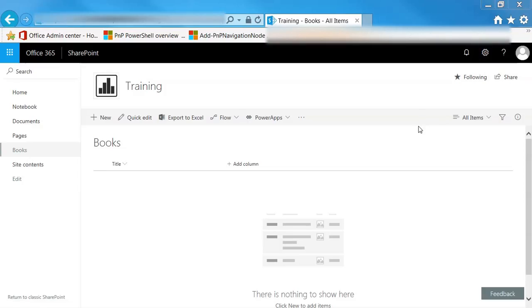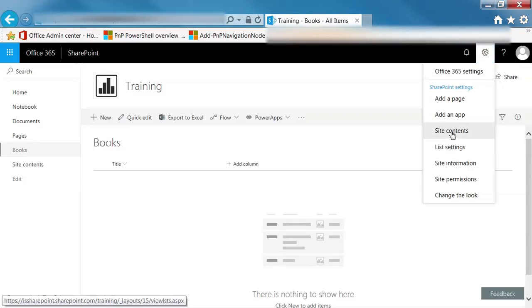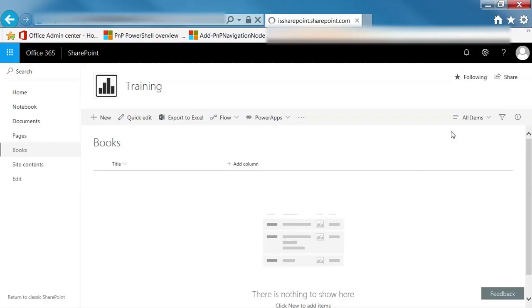So what you're looking at here is Office 365 SharePoint, and you're looking at a books list. I have this books list, and just to be sure, I'm going to show you how I created this list. If you click on Site Contents in the left-hand corner in your quick launch, or if you come up here to the cogwheel and you click on Site Contents here, is another way to get to it. If you click on that,